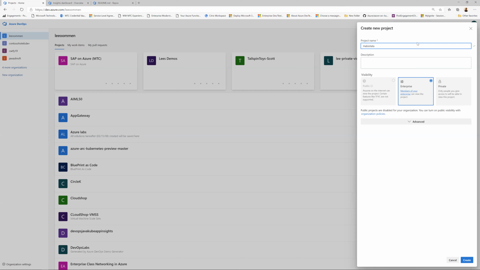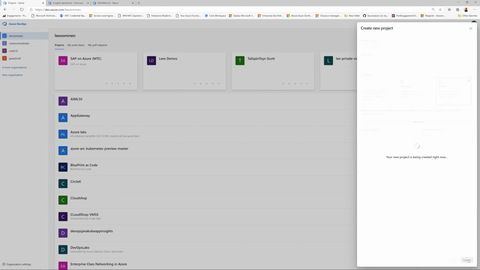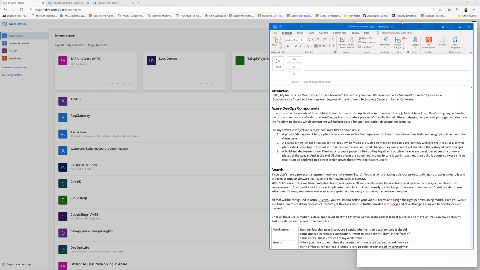So I'm going to create a project quickly, guys. And here I'm going to select the access control I want for this project. And then we are going to decide what kind of Git version we are going to use, whether it's going to be Team Foundation, which is our Azure on-premises version of source control. And then you need to decide what kind of software development framework you want to use. We are going to go with Scrum because Scrum is a very popular framework. What Scrum does is it will give you the option to define your project